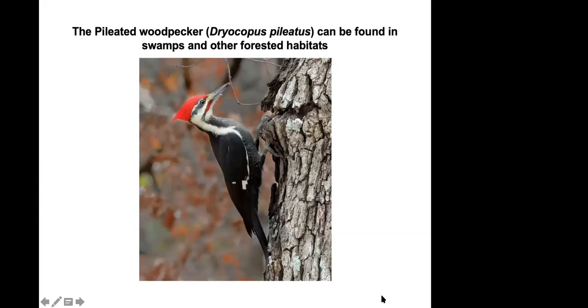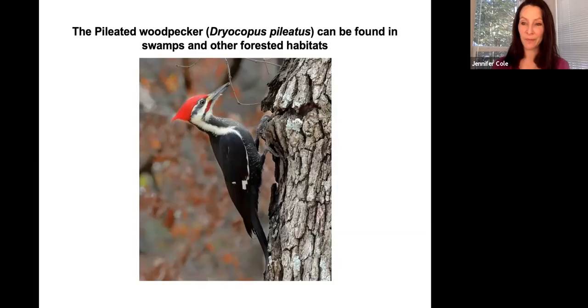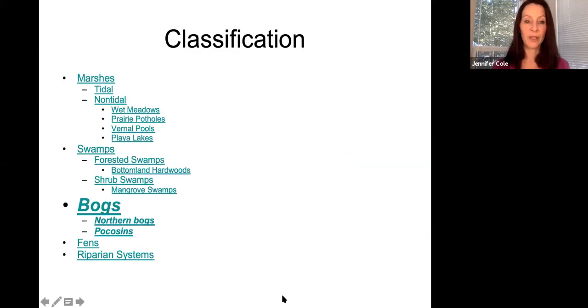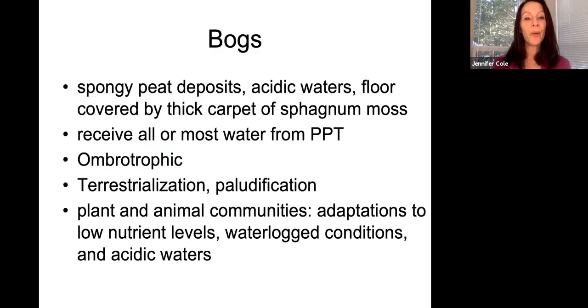And here is the beautiful pileated woodpecker, which is found in swamps and in other forests, but loves swamps, loves the cypress trees. So there's the swamps. Last couple of types are bogs, and we will look at northern bogs, which are spongy peat deposits. And these spongy peat deposits are